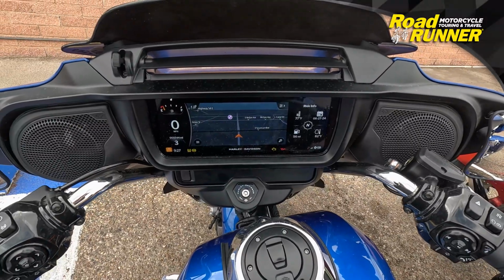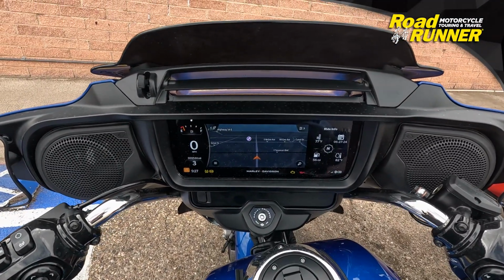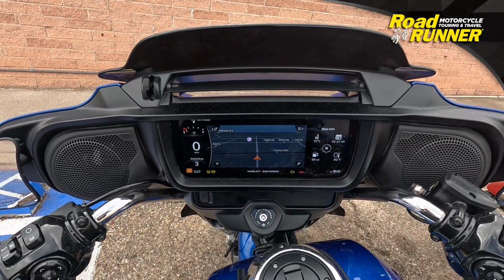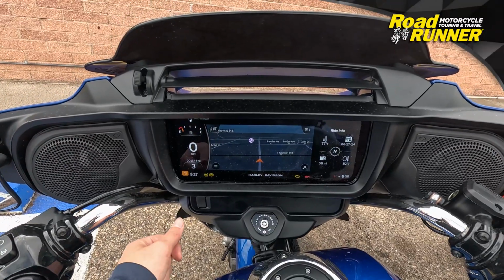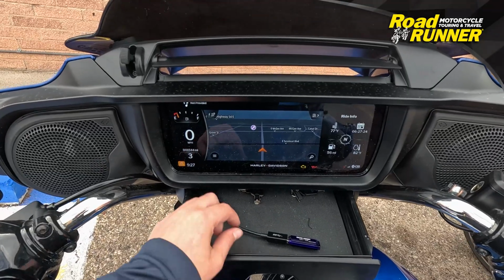So you want to add your RoadRUNNER routes to your Harley-Davidson Street Glide navigation. I believe it's the same for the Road Glide and any of the other newer Harleys that have this dash. On the Street Glide, first thing you're going to do is slide open your little junk drawer, and you've got a